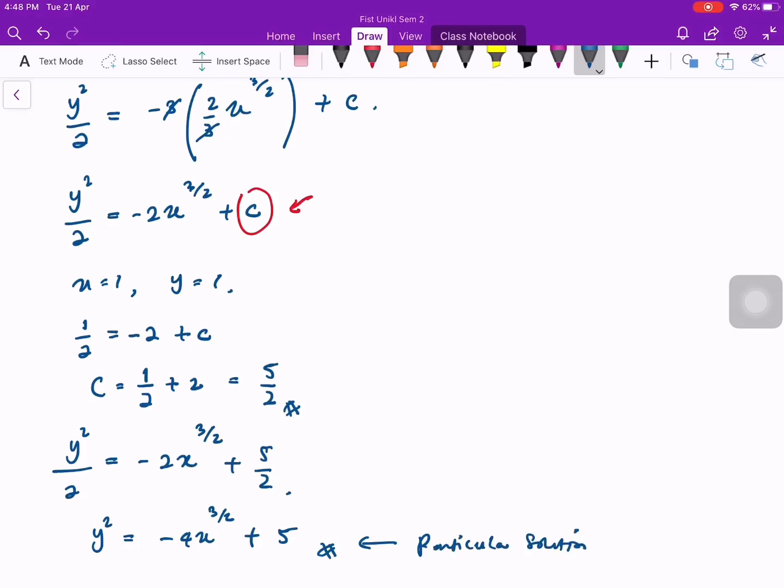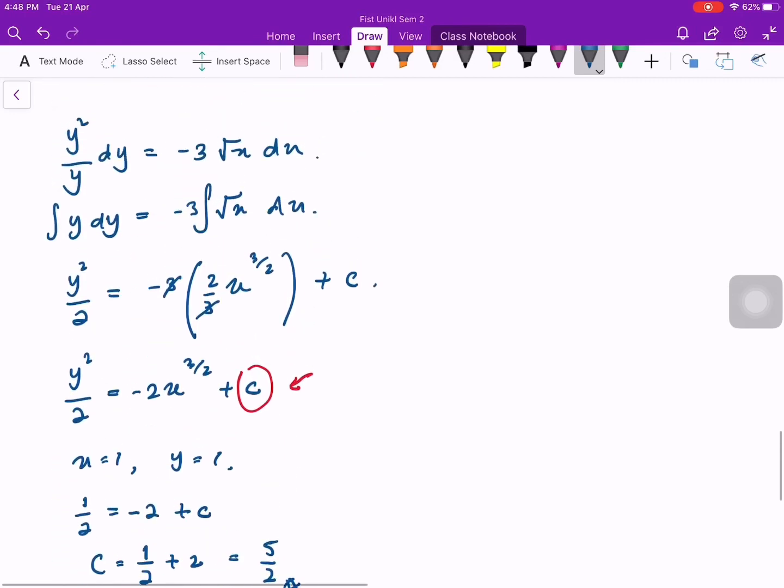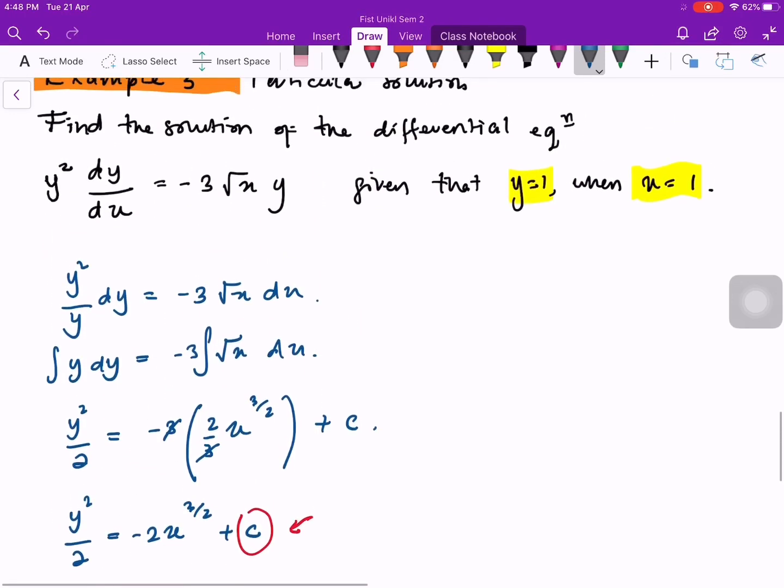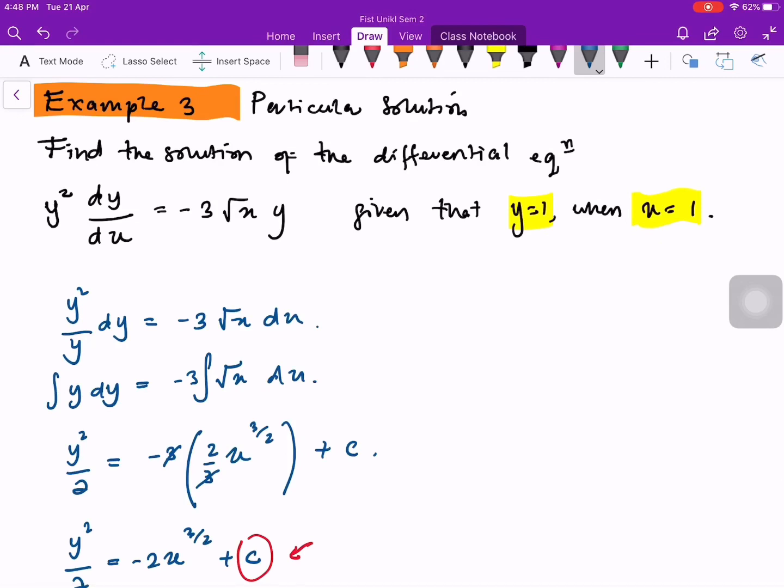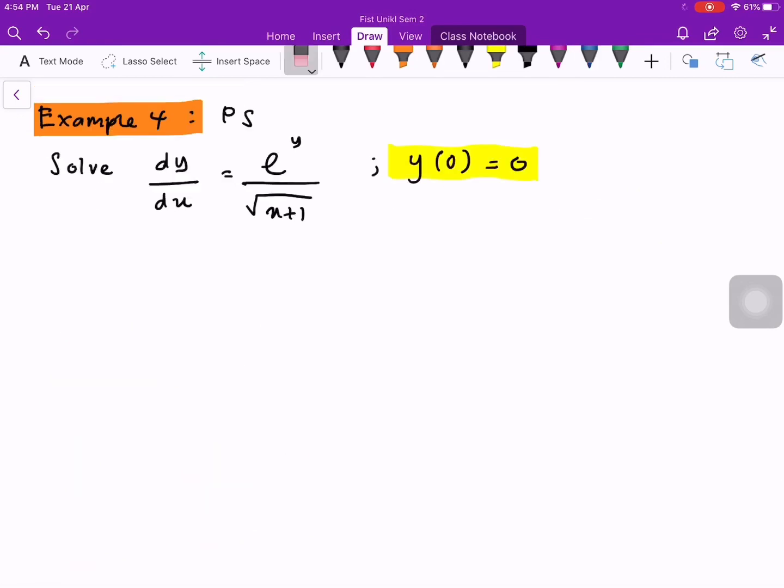Okay, so this is actually a particular solution of the general equation of the differential equation y squared dy/dx equals minus 3 sec x y. Alright, example 4, also we are looking for particular solutions. So let's say that we have the differential equation dy/dx equals e to the power of y over sec x plus 1, and we have this